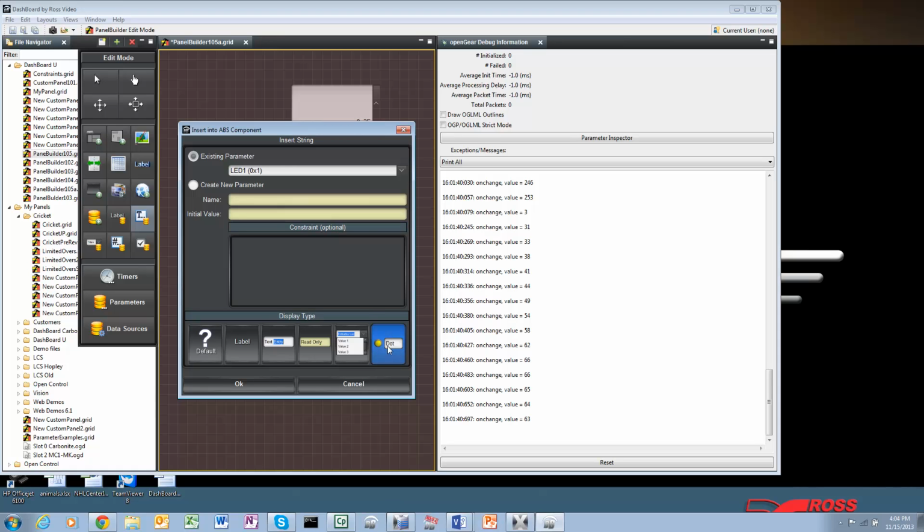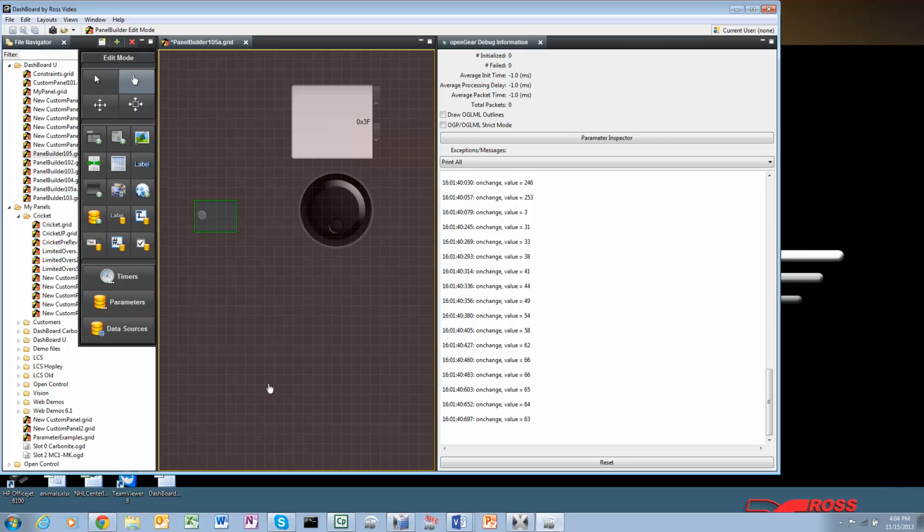You can see it's automatically selected the widget hint we gave it, and hit OK. So now we have our LED. We can actually turn that on or off depending on whether this is an even number or not. So I'm going to go back into my script